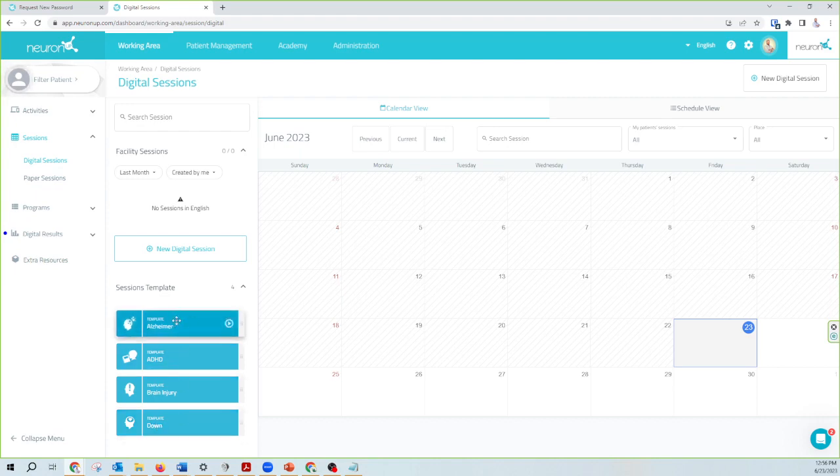You can see here, clicking on the session, that we have four choices that we can choose from. So start, assign, view, and duplicate. I'm going to click on each and every one of those to show you how the four functionalities of